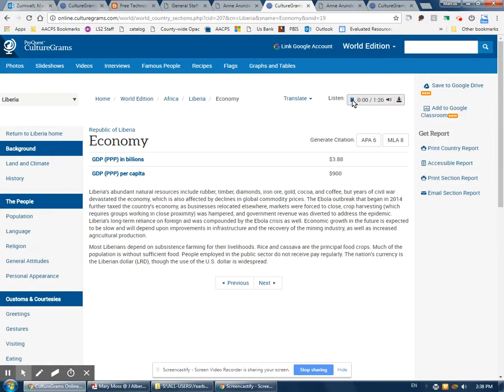So if you have students with reading issues, Liberia economy, GDP. It will actually read the entire page to them. You may sit here and find yourself going, okay, $900 per capita. I have no idea whether that's any good or not. So one thing you can do